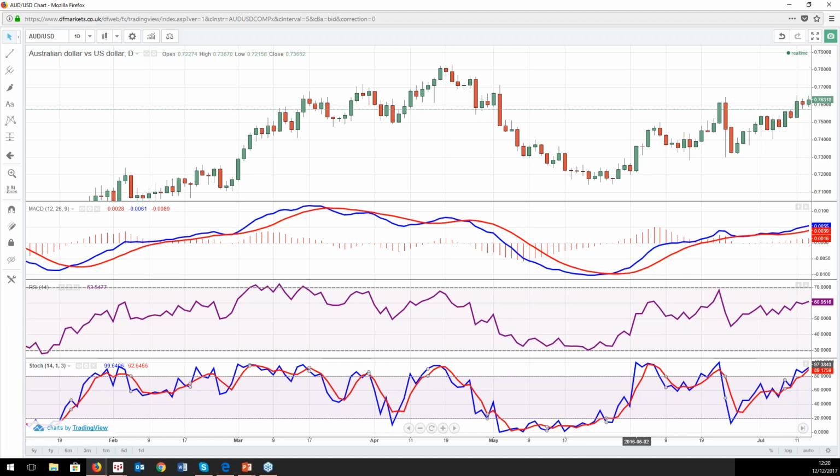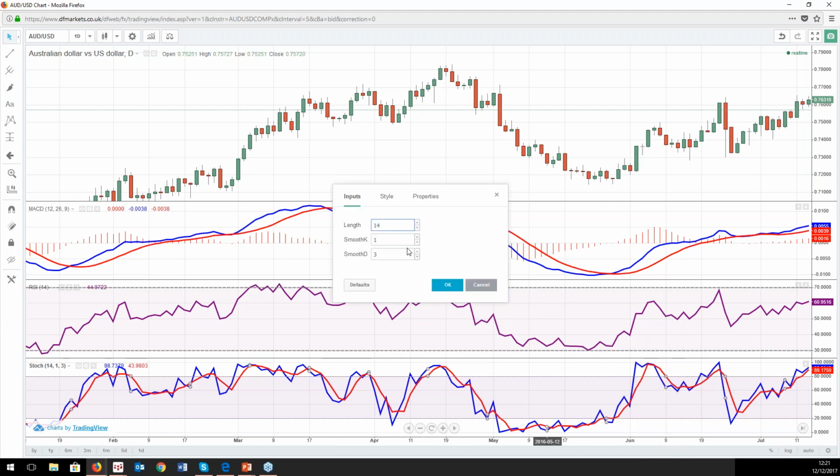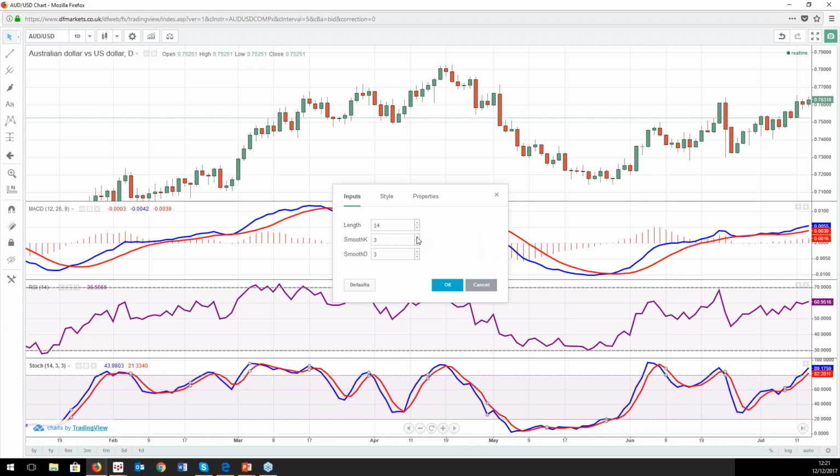George Lane found that, as you can see, we're not getting any real clarity of signals here. It's all a little bit jumpy and a little bit messy, so he wasn't too happy with that, and so did some smoothing, moving average style smoothing,